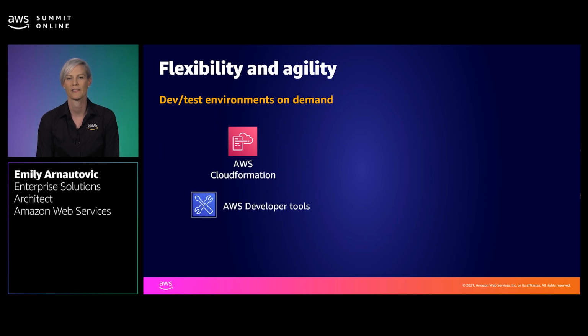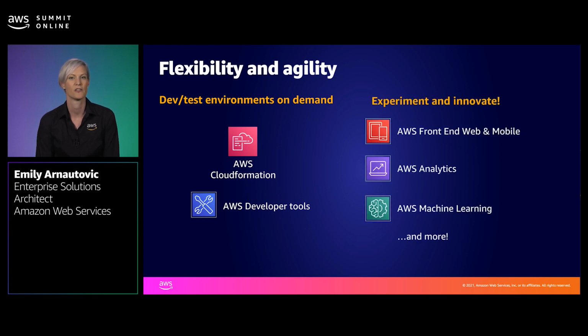Now, once the team has built that 3-tier app on AWS, there are so many things they could do from there. They might like to evolve the front end with mobile services, or investigate analytics services to analyze customer behavior, or incorporate AI or ML services to personalize or enhance their customers' experience. There are so many possibilities.